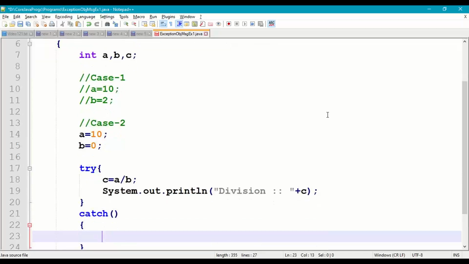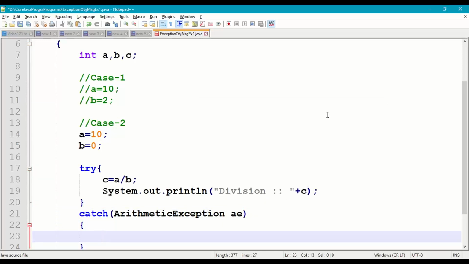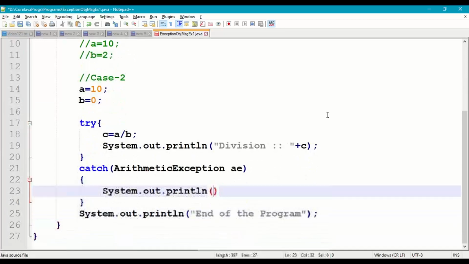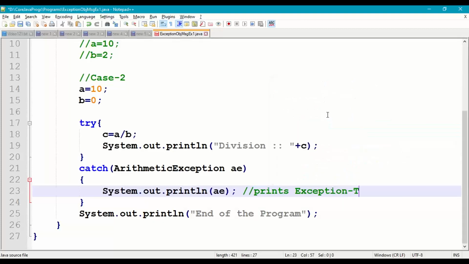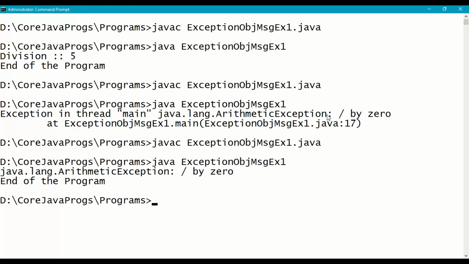In the catch we'll catch arithmetic exception AE, and then here we'll say system dot out dot println AE, the exception object, so it will print only exception type and message. Save it, compile, run. It is printing only exception type and exception message, division by 0.